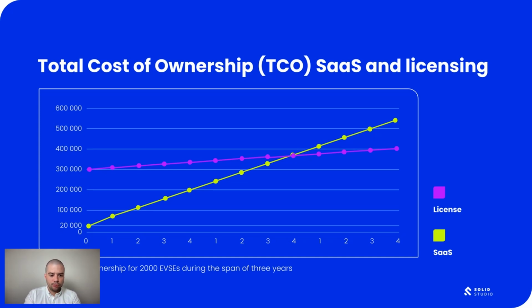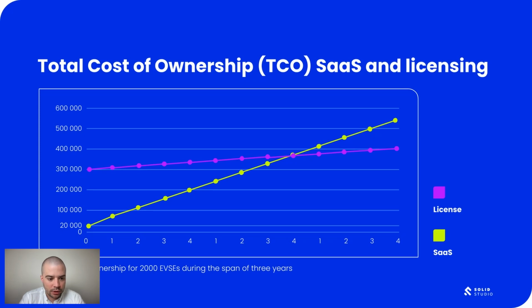On the other hand, if we take a look at the licensing costs, I've put here 300,000 euros for an exemplary license, which of course depends on the scope of the software, but let's discuss this option. And we've got here support and maintenance for the software and the infrastructure. We can see that the break-even point for the CPO with 2,000 EVSEs under management is just after 2 years. After 2 years, we will see savings between those two costs. And of course, the longer we go, the greater the gap is going to be.